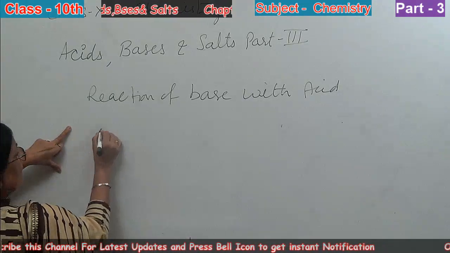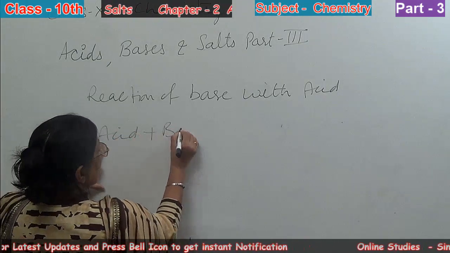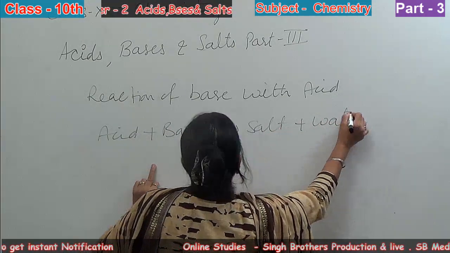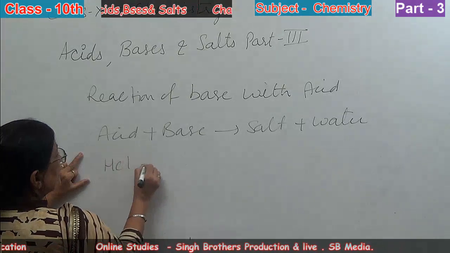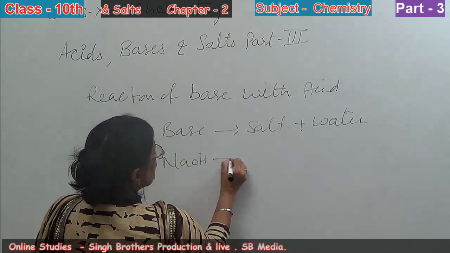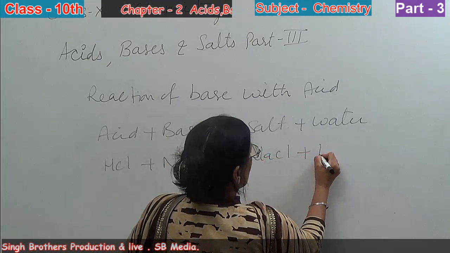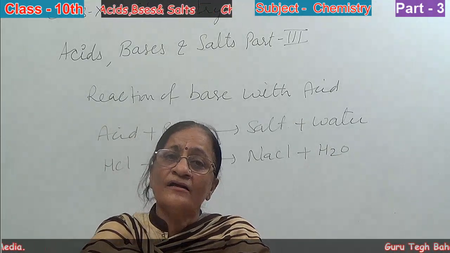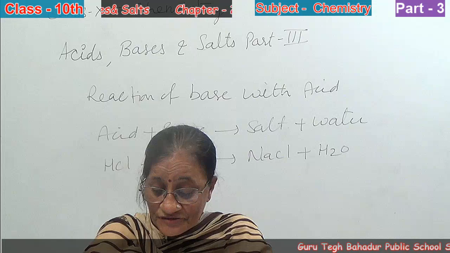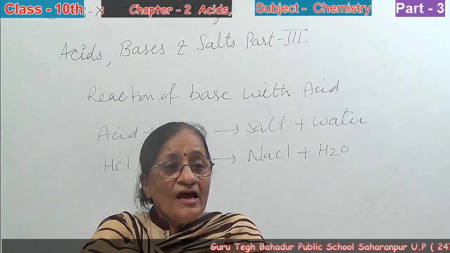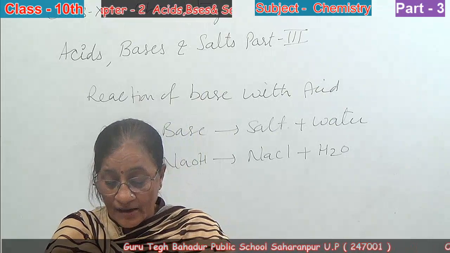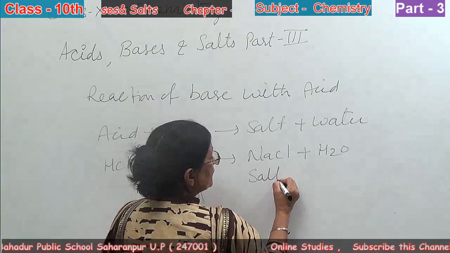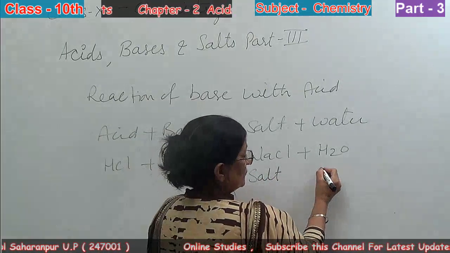Although we have taken the example earlier, acid plus base gives salt plus water. We can take the example HCl plus NaOH, formation of NaCl plus water. This reaction we have discussed earlier, and it is called a neutralization reaction. When an acid neutralizes a base, and a salt, NaCl, sodium chloride, is formed along with water,